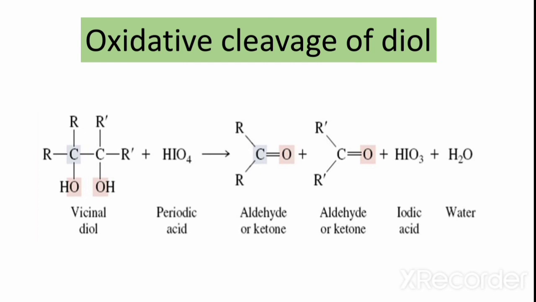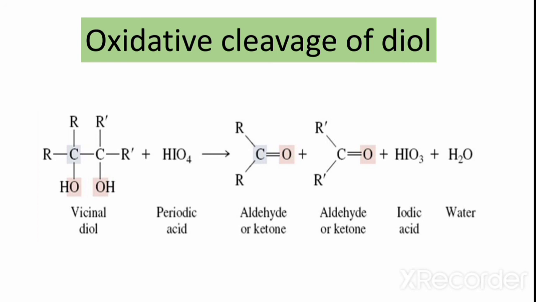So when a vicinal diol reacts with periodic acid, it will break the bond between the carbon and carbon that contain the hydroxyl groups, and it forms a ketone or aldehyde. And the byproduct is iodic acid, and from the